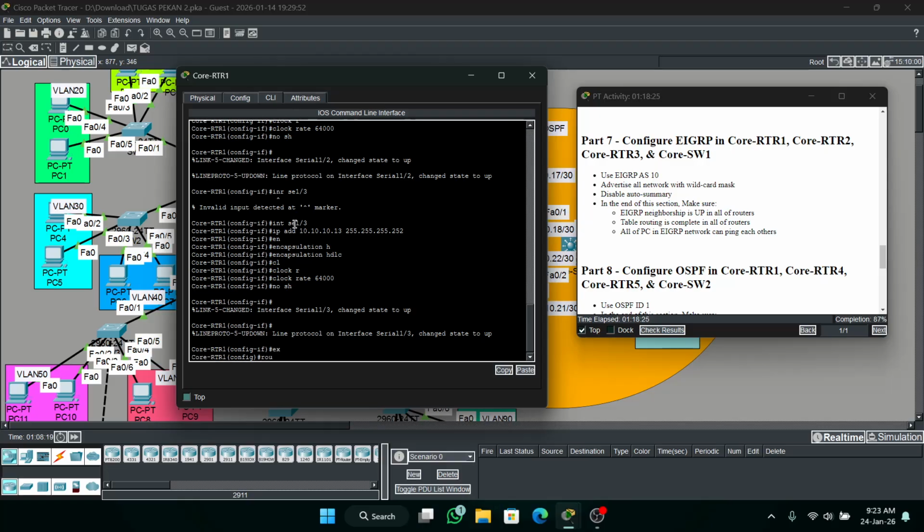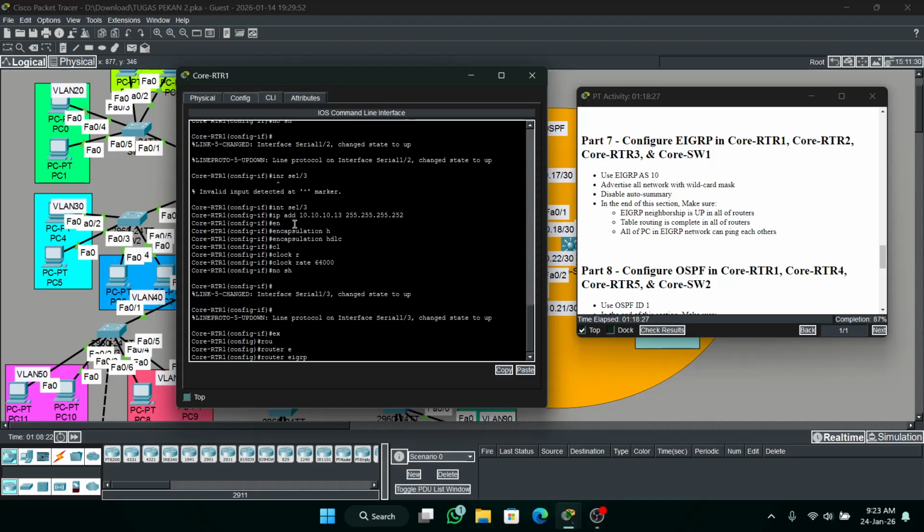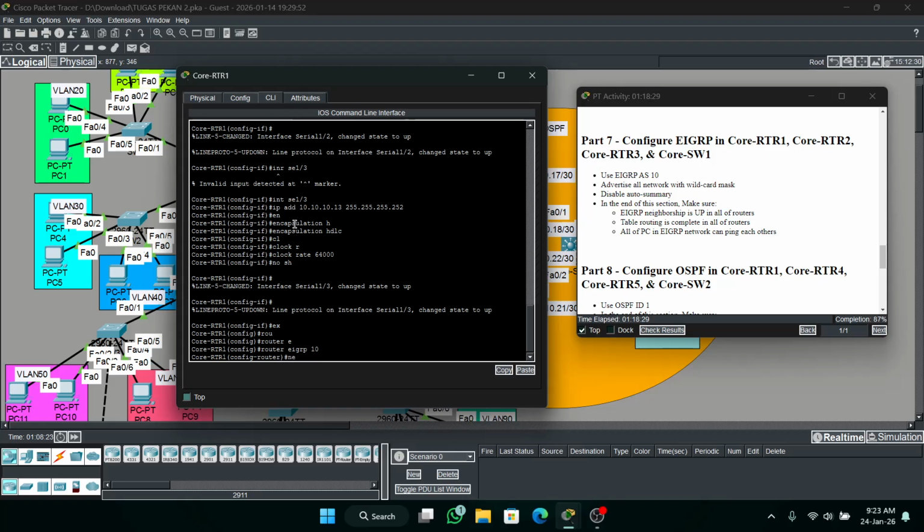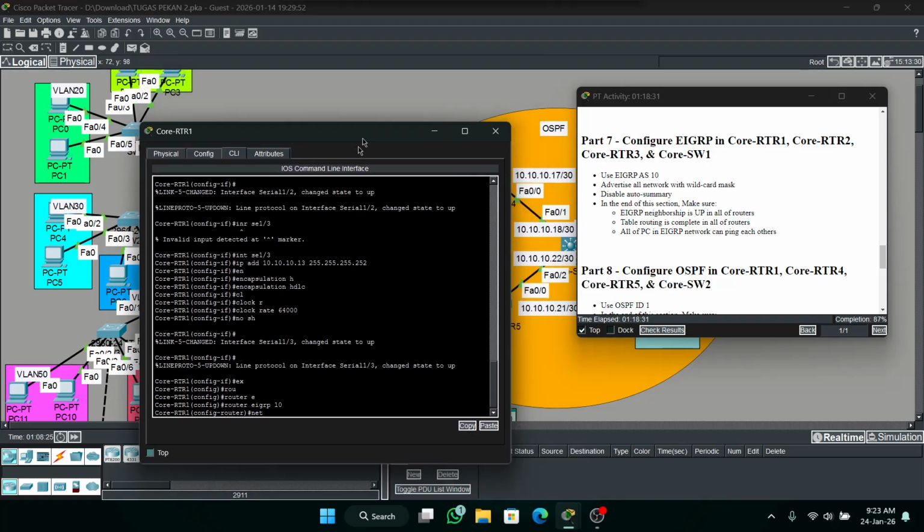Exit, router EIGRP 10, network. We must add his network.